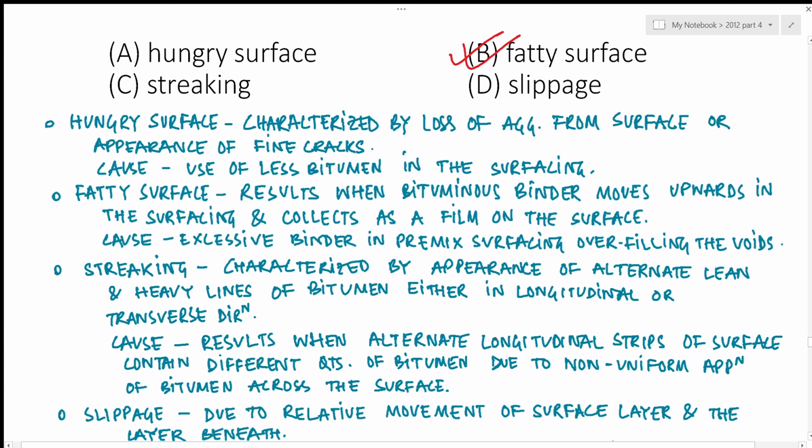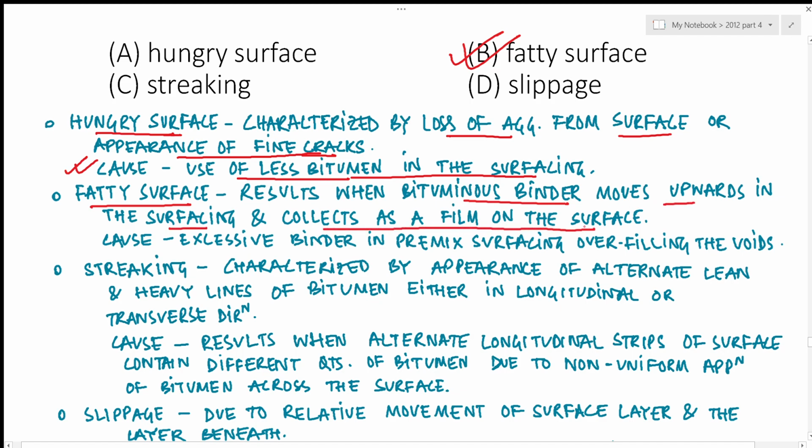Now let's look into the other options as well. Hungry surface is characterized by loss of aggregates from the surface or appearance of fine cracks. The main cause of this is the use of less bitumen in the surfacing. Now fatty surface results when bituminous binder moves upwards in the surfacing and collects as a film on the surface. The cause is excessive binder in premix surfacing